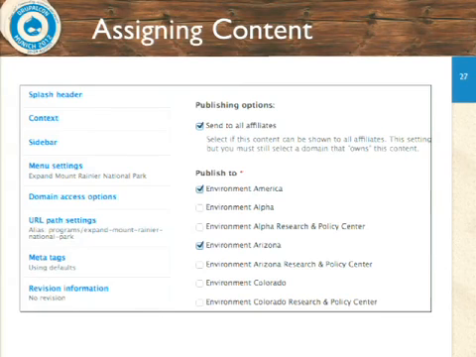So what actually happens when you're an editor, you basically just have to make a decision, right? As part of the editing process, you get asked, hey, does this go to everybody, or does it go to some of the affiliates, right? And it's worth noting that you can hide some of these options from people. It's written such that if you had an editor who could only publish to the Environment Arizona website, they would never see these options at all. And anything that they publish would automatically go right there.